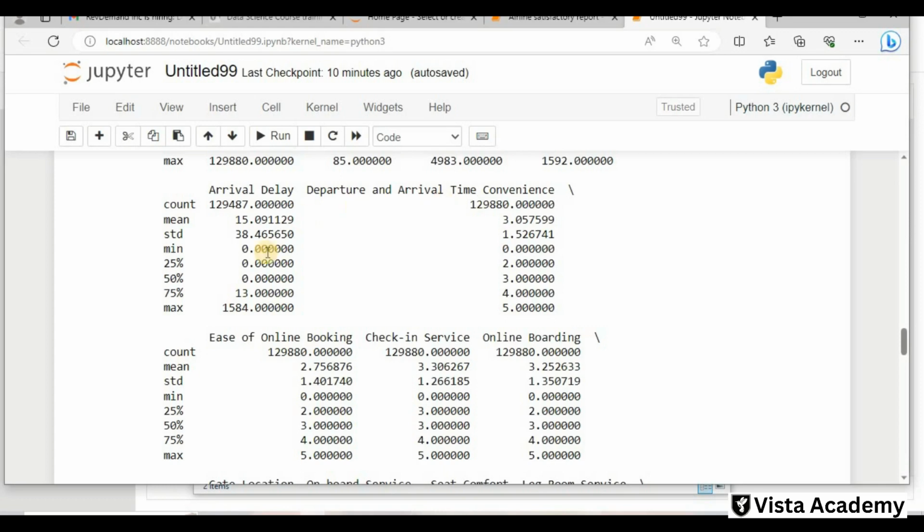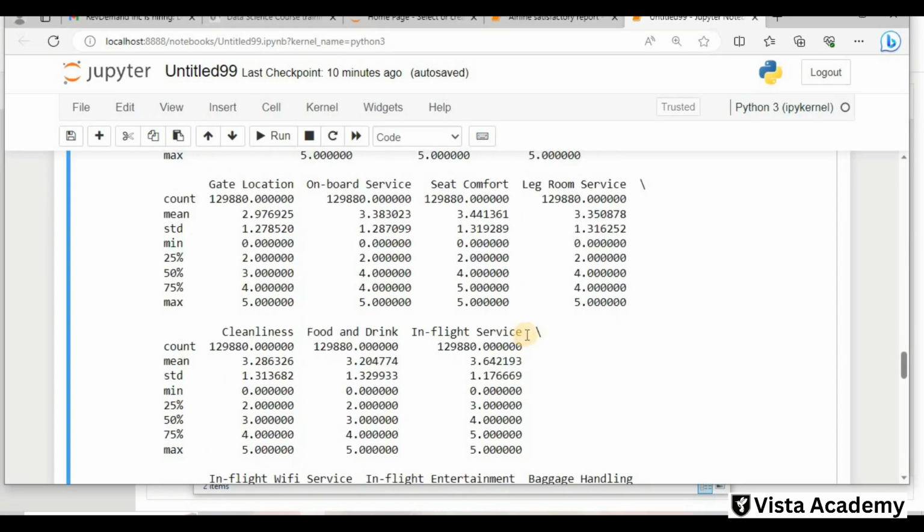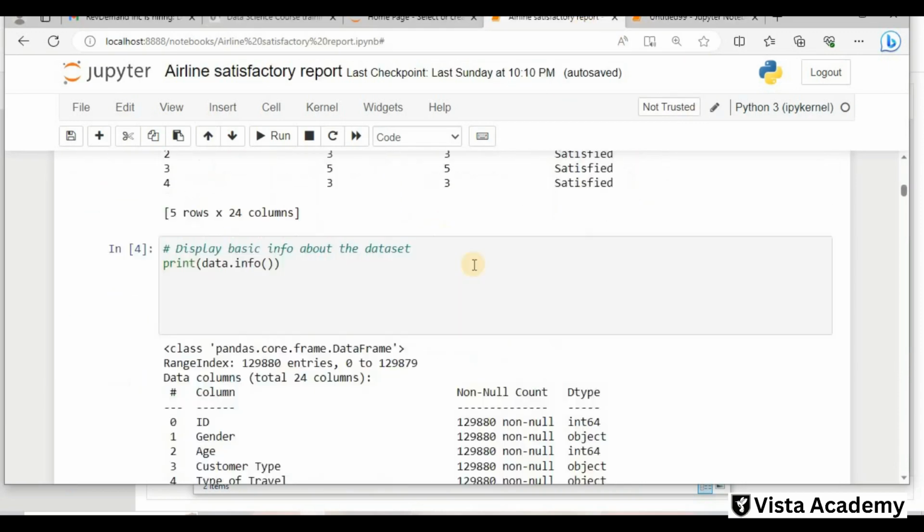So from here till here, all these are our ratings. We want to create a category, a group of all these. So for creating a group, I will just show you.